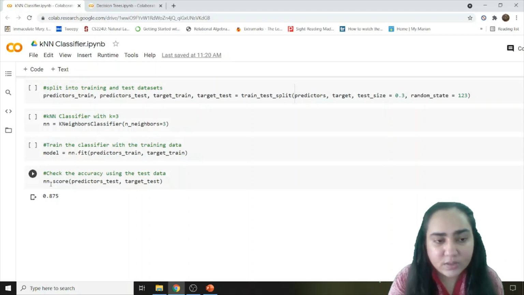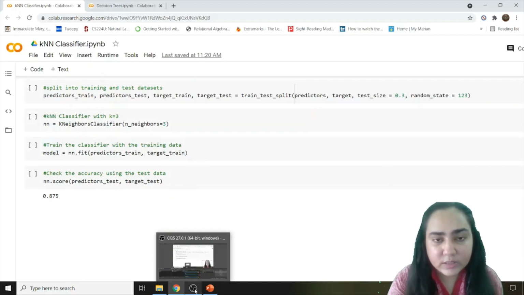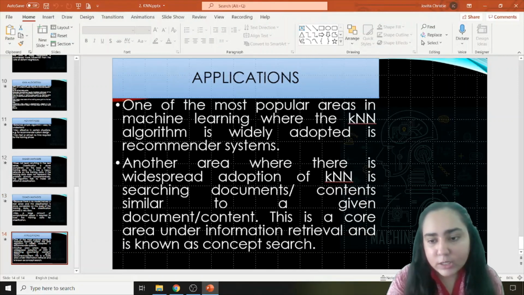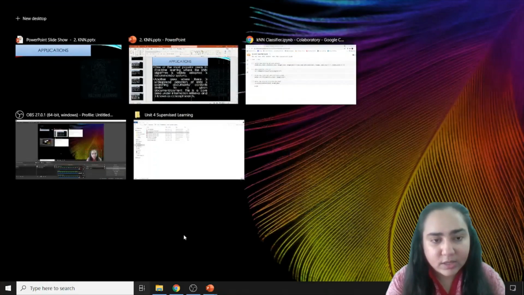And I can calculate the accuracy by just using the .score function, and it gives me an accuracy of 0.875. You might be able to increase this accuracy by changing the value of k. So you can play with certain values of k and find out if the accuracy improves or not. That's how you can actually perform your KNN algorithm.